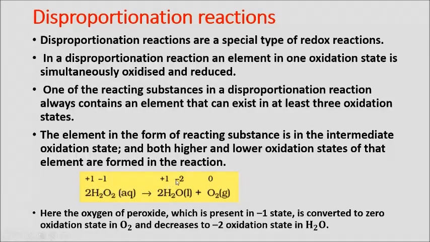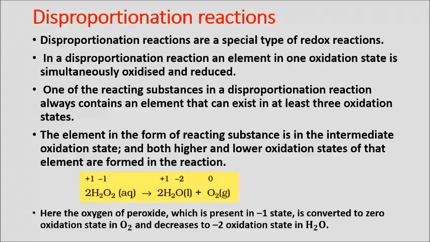So what we can understand with this reaction is that hydrogen has the +1 oxidation state only, but there is one element, oxygen, which has two more oxidation states, that is a total of three oxidation states: -1, -2, 0. So what is the normal oxidation state of oxygen? That is -2. One is lower and one is higher oxidation state. So in a single reaction, if we have a single element in three different oxidation states, we can name it